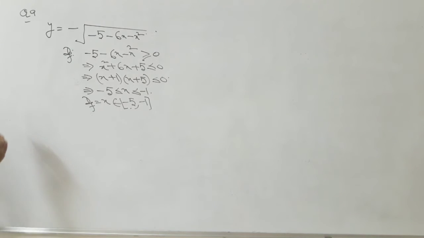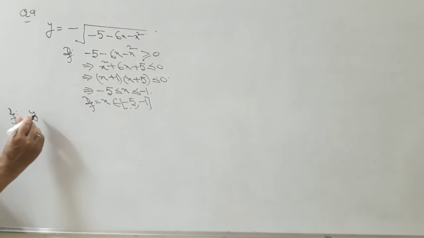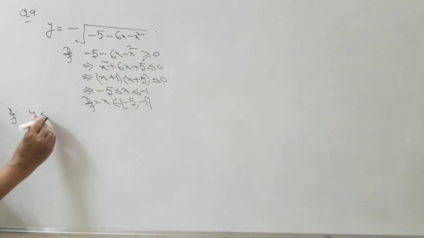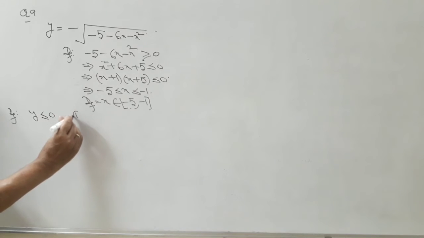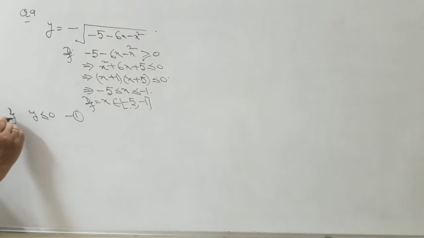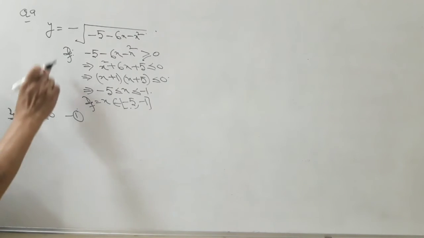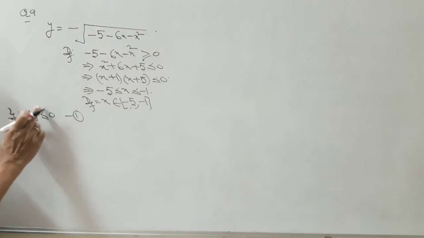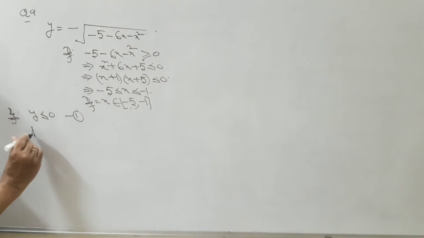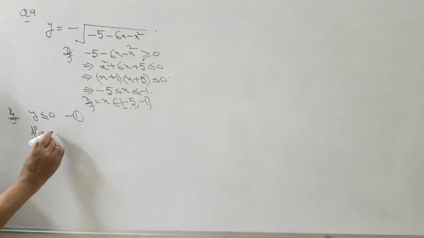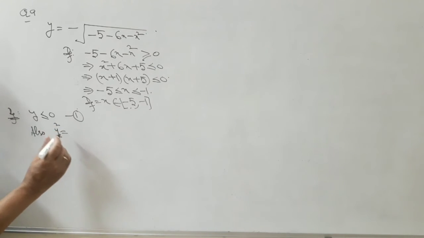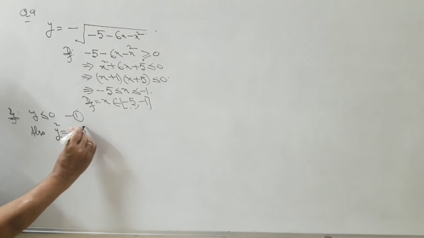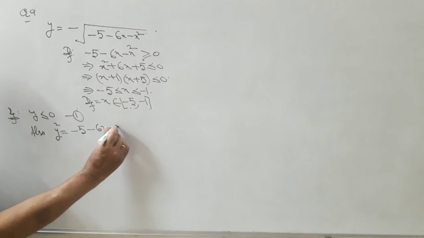Now for the range, one thing is clear: y is negative here, less than equal to 0. This is number 1. See, because minus 5 minus 6x minus x square is positive, but it is minus outside, so y is less than equal to 0. Also, when you square it, y square is equal to minus 5 minus 6x minus x square,